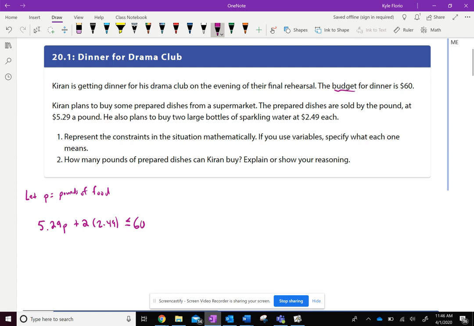Number two says, how many pounds of prepared dishes can Kieran buy? Explain or show your reasoning. You may have figured this out on your own, but to solve this, I'm going to do this algebraically. First things first, if I buy two sparkling waters for $2.49 each, that's really a total of $4.98, just under $5. And if I subtract that from 60,